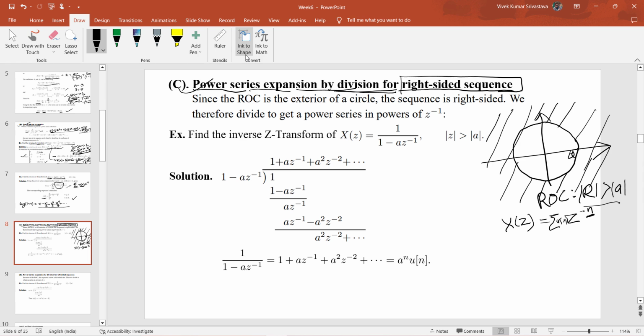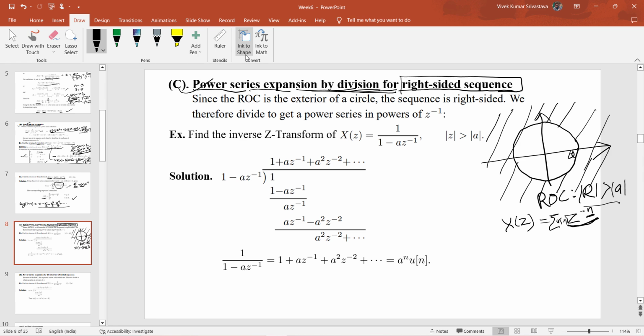Okay, so if we are using this division method for determining the inverse z transform for a right sided sequence, then we have to determine a series that is basically considering the